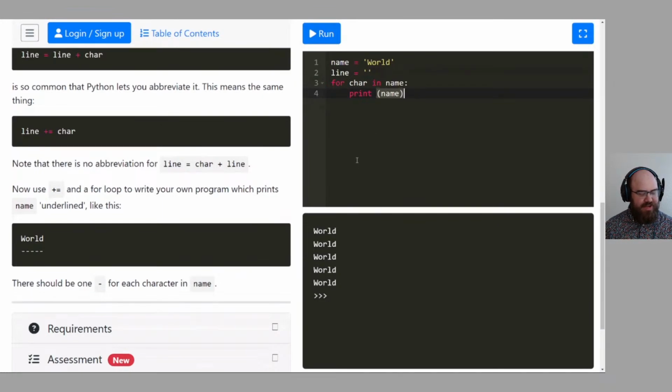I feel like I mixed that up in my head. I want to print five times. So how do I change this, given that it doesn't do it five times? Let's think about it this way. Why did it print five times? Well, I'm telling it to literally print name for each character that I have, which name being world.